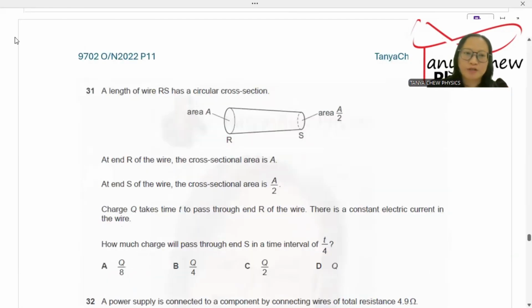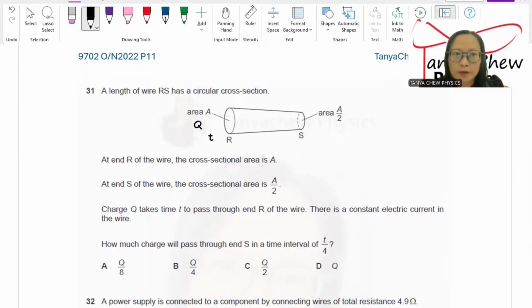Now the next one, question number 31. A length of wire RS has a circular cross section. At NR of the wire, the cross-sectional area is A. At NS of the wire, the cross-sectional area is A over 2. Charge Q takes time T to pass through NR of the wire. This is charge Q, time T,